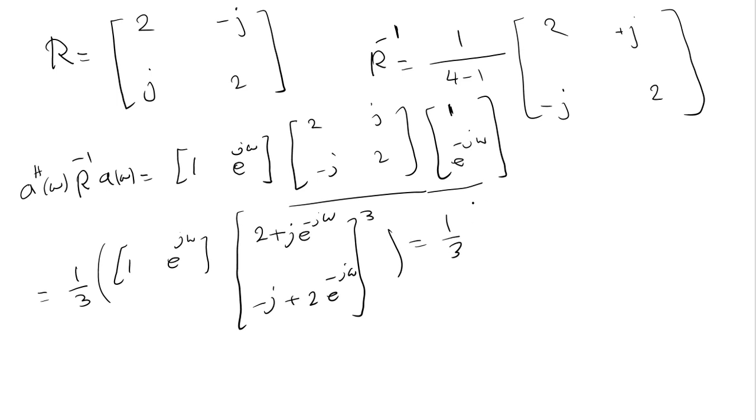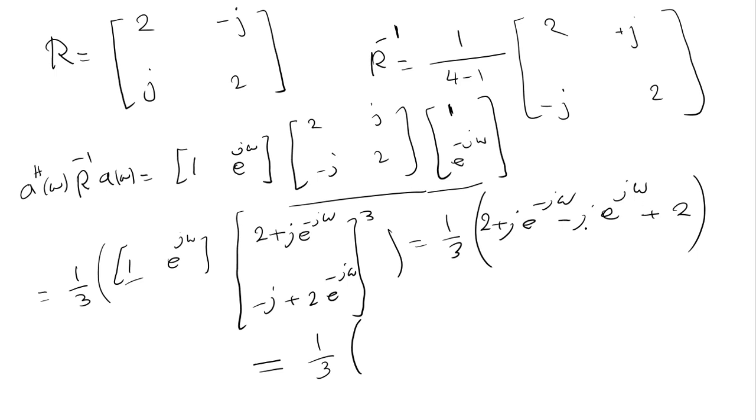And now we have 1 multiplied by this, 2 plus j e^{-j omega}, and minus j e^{j omega} plus 2, and this term can be simplified: 2 plus 2 is 4